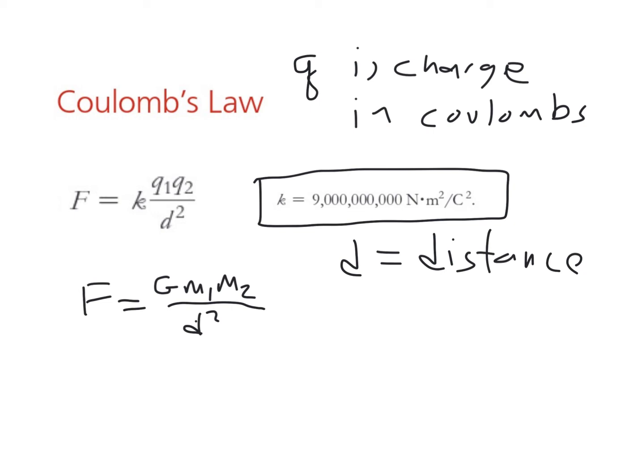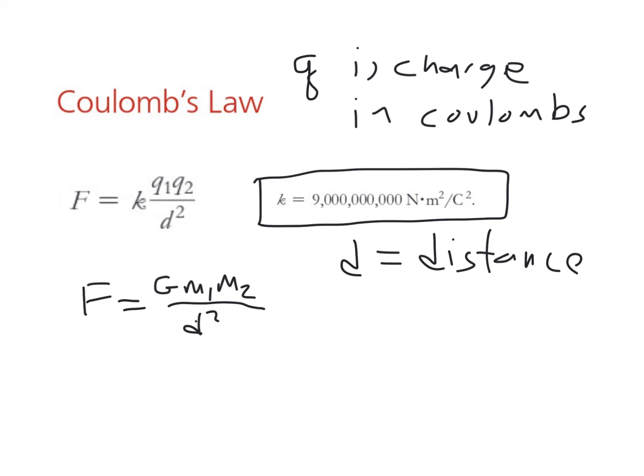But other than the strength of the two forces, there's one other very important difference. Gravity is much, much weaker than the electric force, and gravity only works in one direction. It's always pulling or attractive. Two masses are always going to be gravitationally attracted, pulled towards one another. The electric force can be attractive, but it can also be repulsive. And that's actually a pretty important difference, that the electric force can both attract or repel depending on what kind of charges you have.